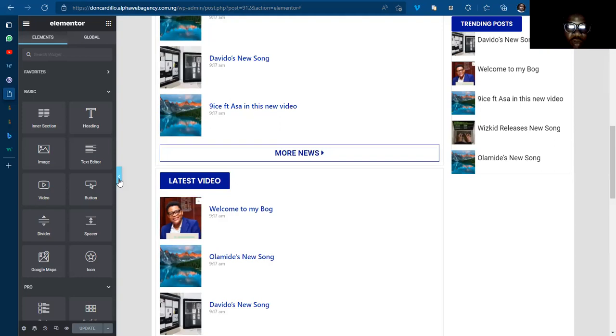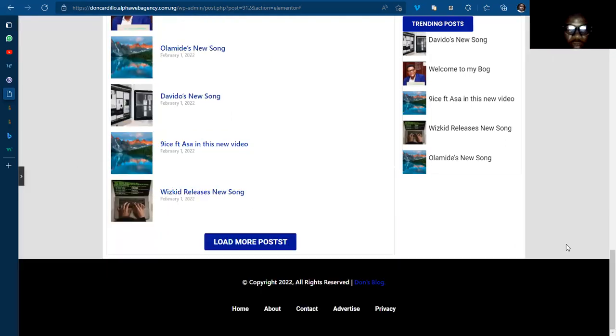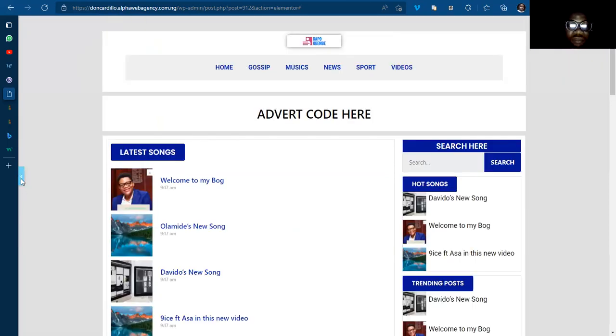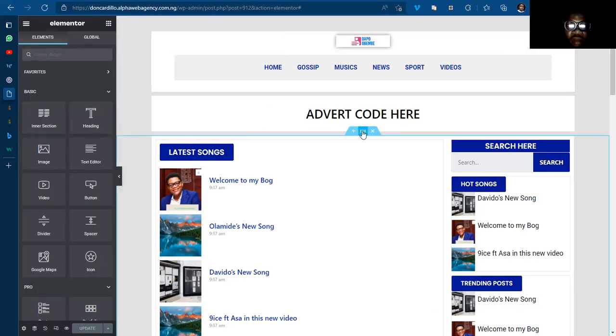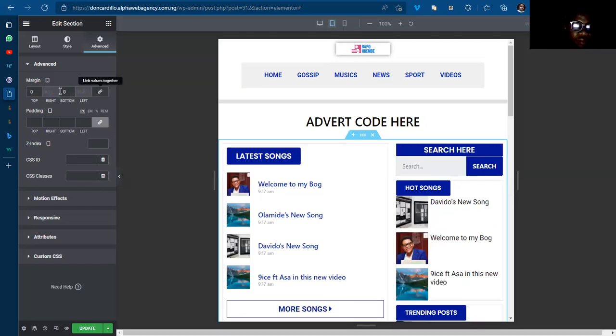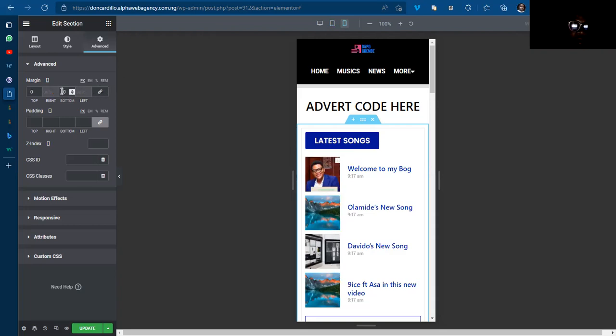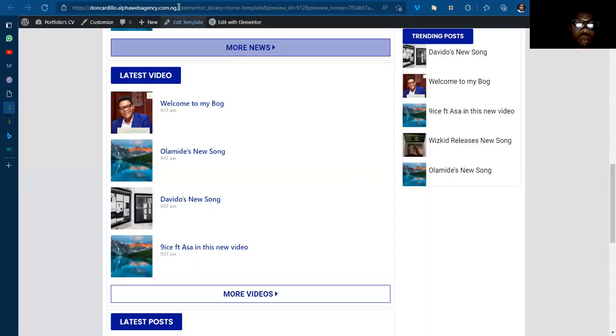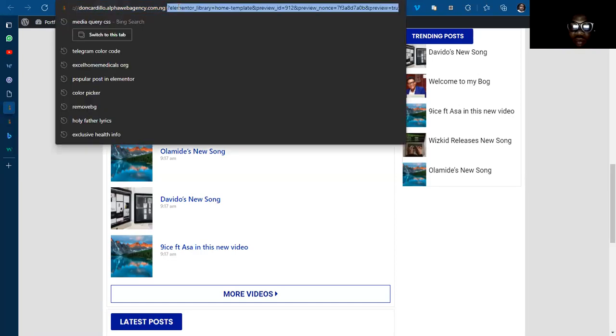Okay, is the margin added on the laptop? Let's see. It's not, so let's just quickly add the bottom margin to this big one. That's it. Let's make it 20 on tablets and then 20 on mobile. So we have this refreshed. So if we refresh now,